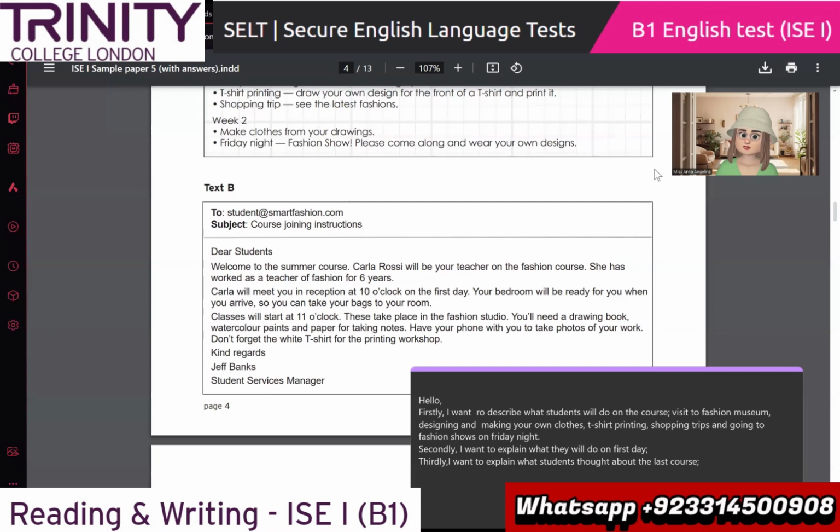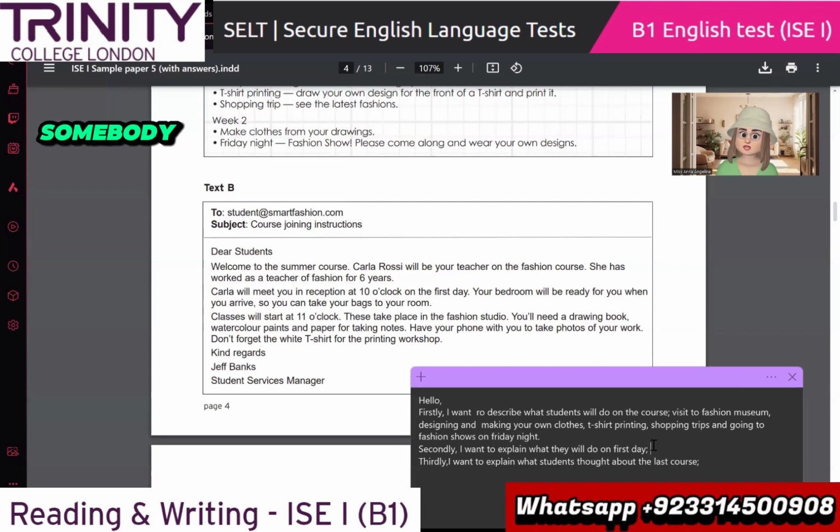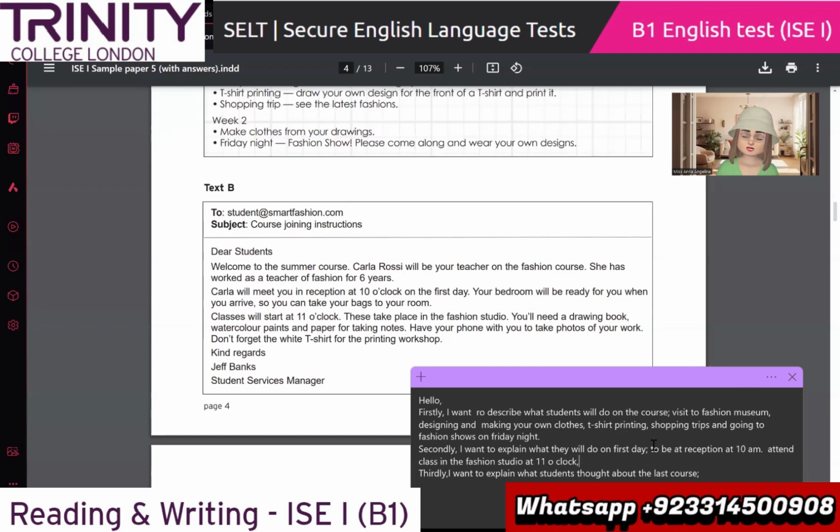Yeah. The question is to explain what we'll do on the first day. So meeting somebody on the first day at reception, okay? That's also a thing. To be at reception at 10 a.m., comma, class starts at 11 o'clock, or we can say attend class in the fashion studio at 11 o'clock. Or